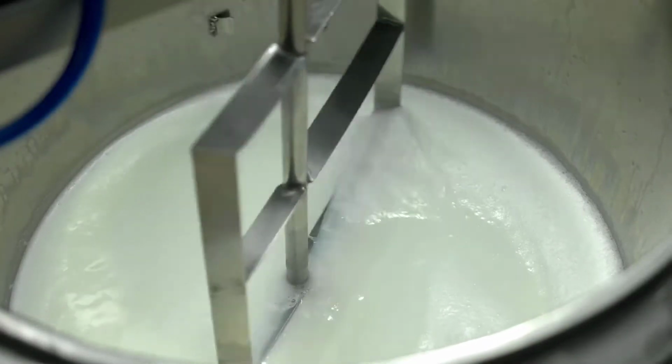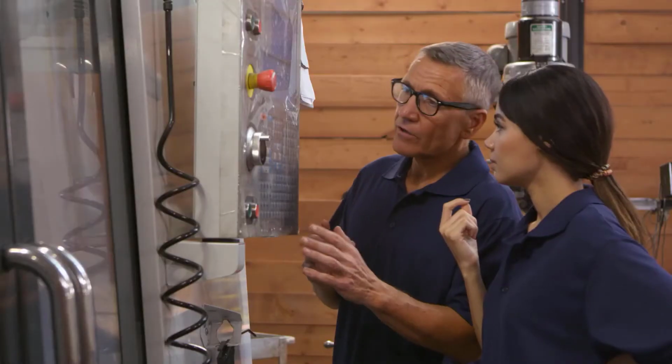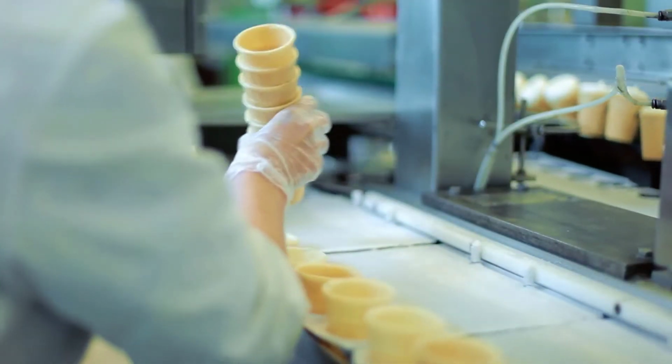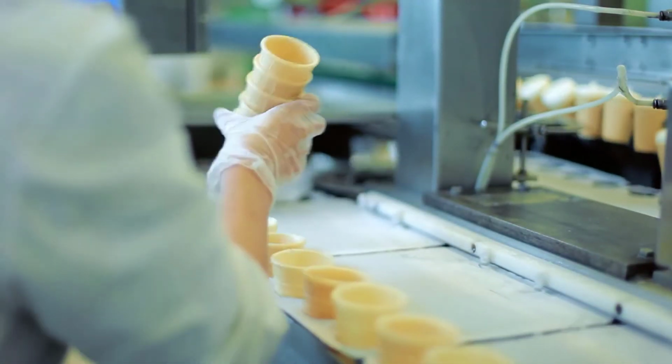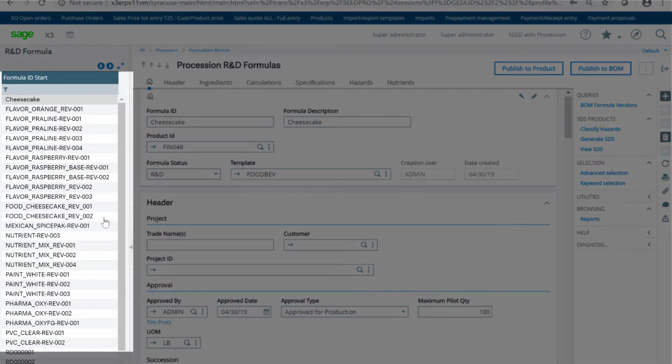Recipes are the backbone of the food manufacturing process. Sage X3 provides a comprehensive recipe management system, allowing manufacturing companies to decrease training time and increase productivity. Instead of being manually controlled or managed by outside sources and spreadsheets, all recipes are stored in the recipe records